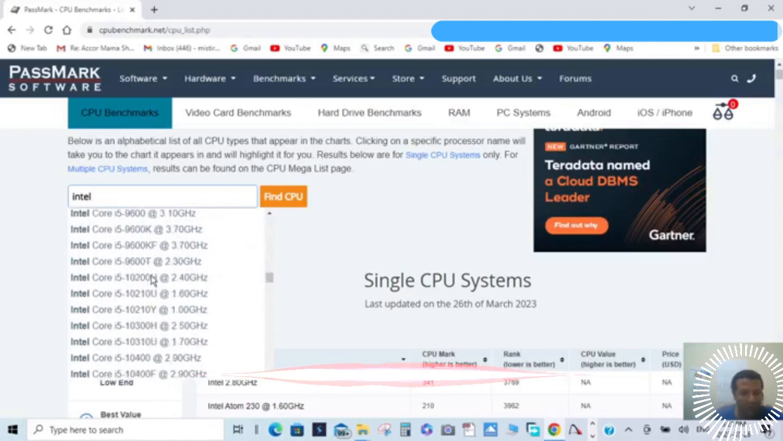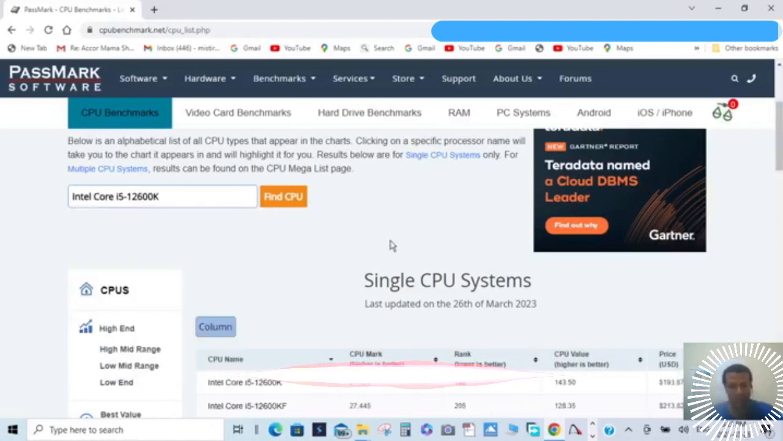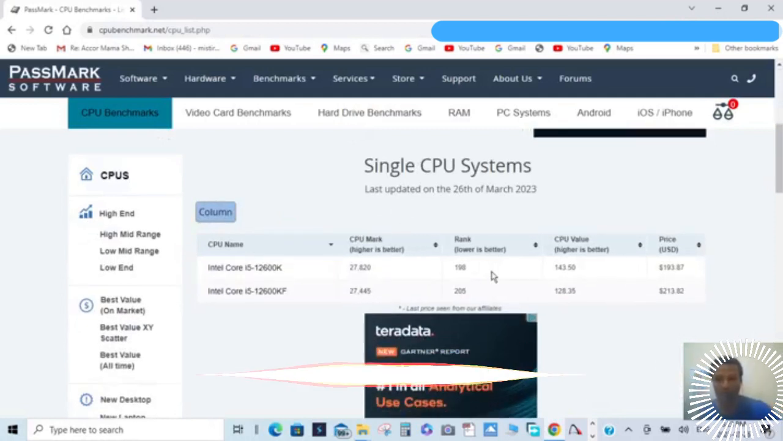Find your model, and once you click it, it will show up here, and you will see the rank, and you will check. Okay, this is how